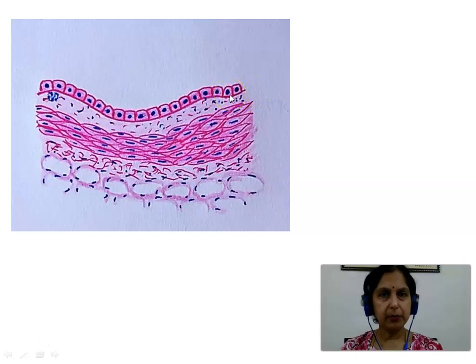Next, below the lining epithelium, we see the lamina propria made up of connective tissue, elastic fibers, a few lymphoid aggregates, and we do not see any seromucous glands here. The second layer is a layer of spirally arranged smooth muscle fibers, and outermost is the adventitia made up of loose connective tissue and the lung parenchyma.